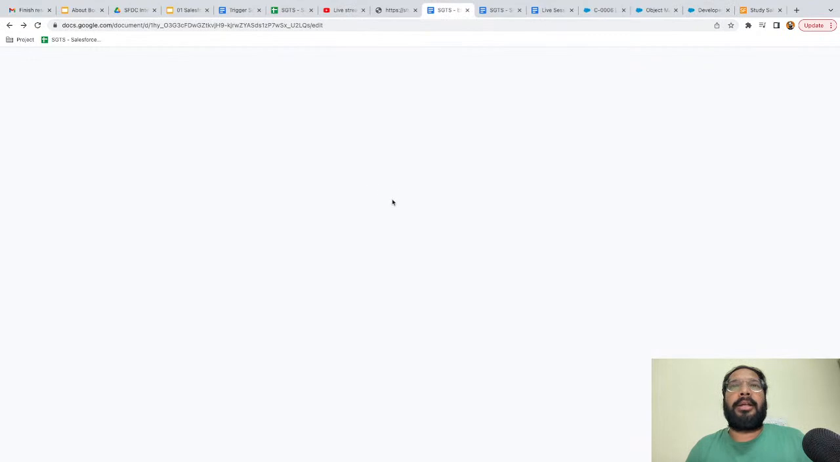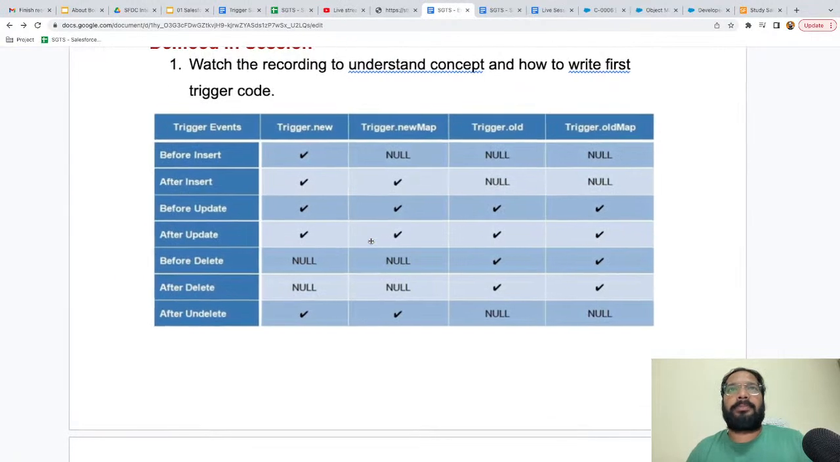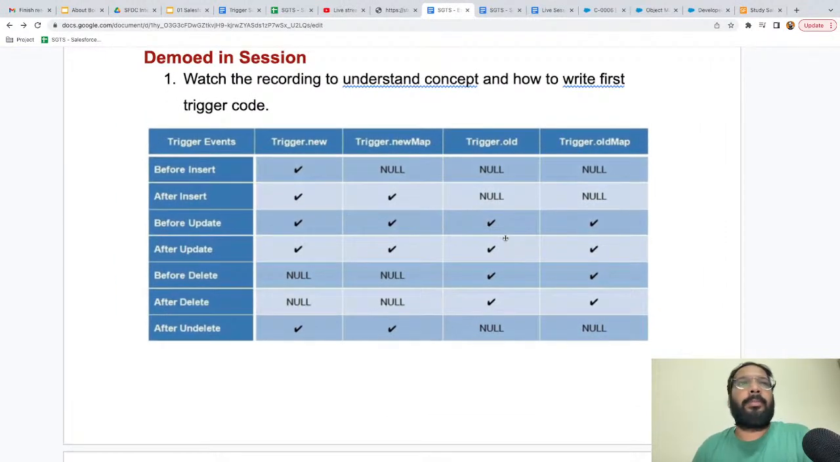So if I take you here in this exercise sheet, I just provided a screenshot. Just focus on this screenshot. It is very important. Right now we are discussing before delete. So in case of before delete and after delete, you won't be having anything in trigger.new and trigger.new map, because new records won't be created. You are just deleting the existing record. So the data will be available in trigger.old and trigger.old map,